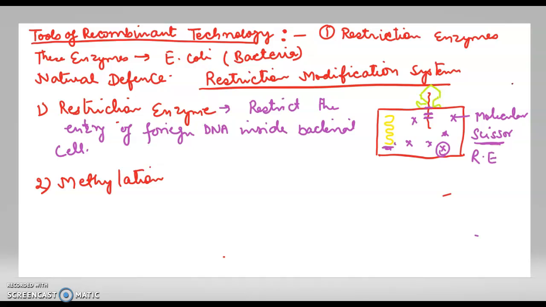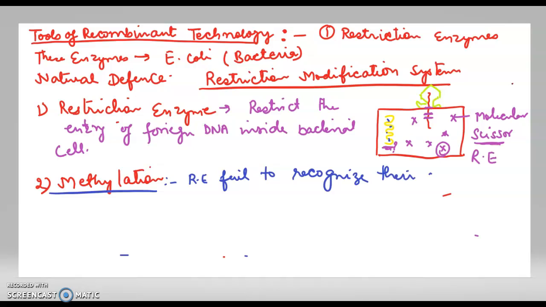What is special there that they are not able to recognize it? There is methylation in their sequences. So, what is methylation? Restriction enzymes fail to recognize their own DNA,